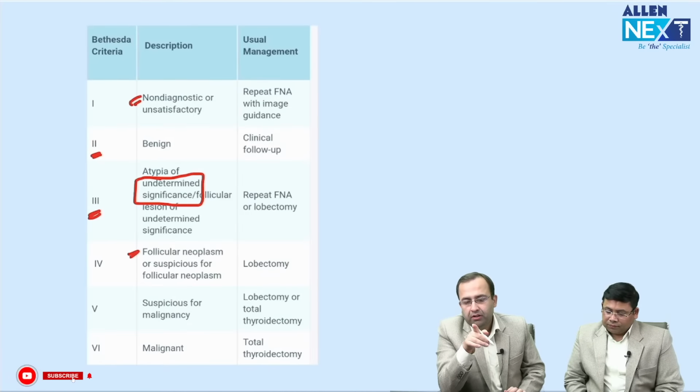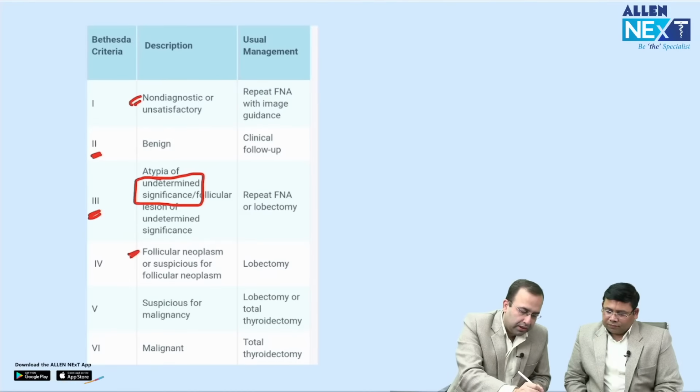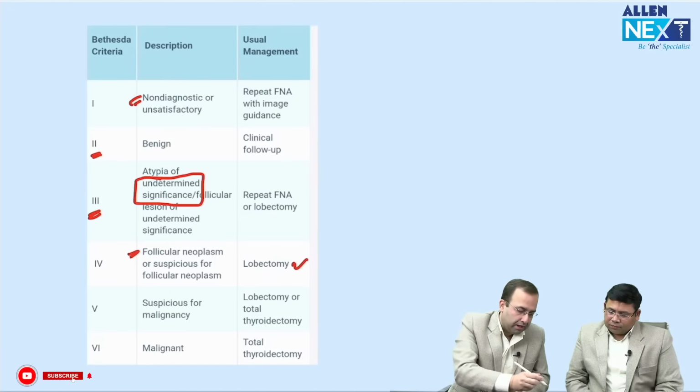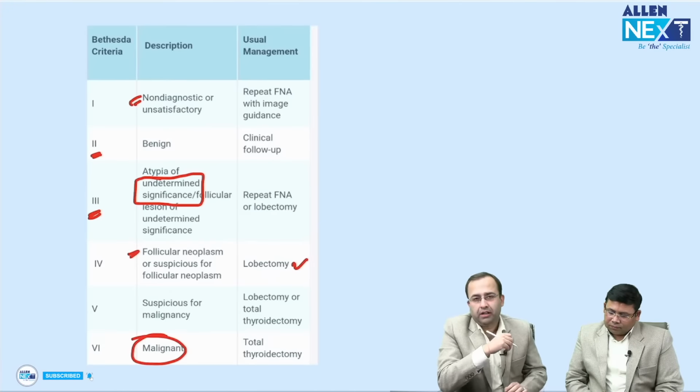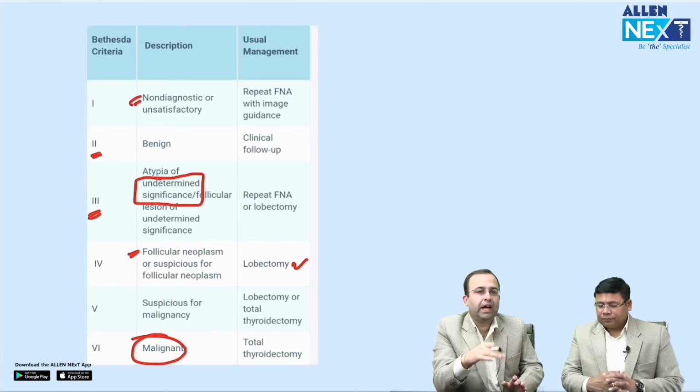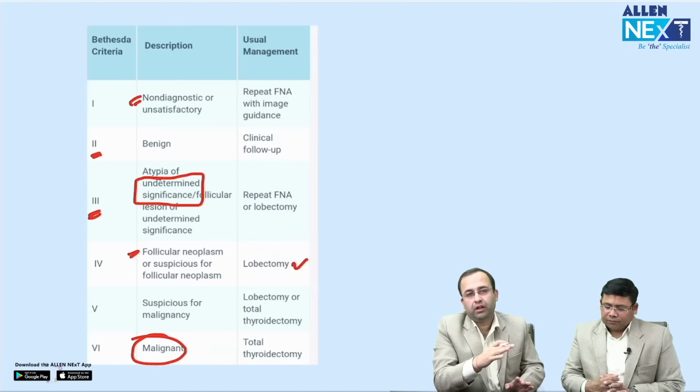You very well know that we cannot diagnose follicular adenoma versus carcinoma on FNACs. You know that. So in that case, go for lobectomies. Fifth is suspicious for malignancy, lobectomy or thyroidectomy, as the indications have already been discussed. And lastly, six is malignant, which we expect a question to come in this INI exam on thyroid, which is